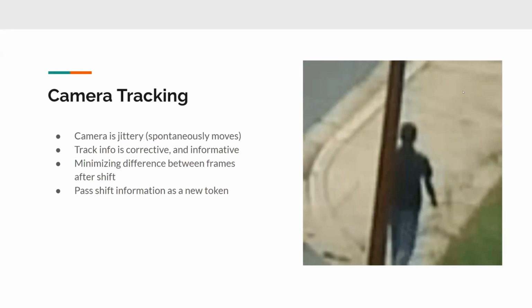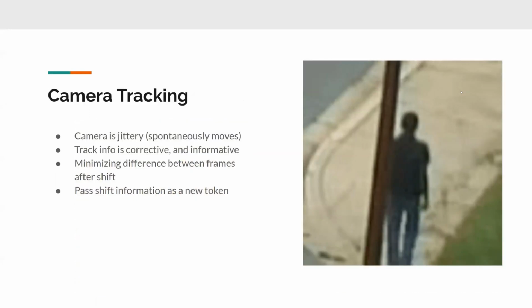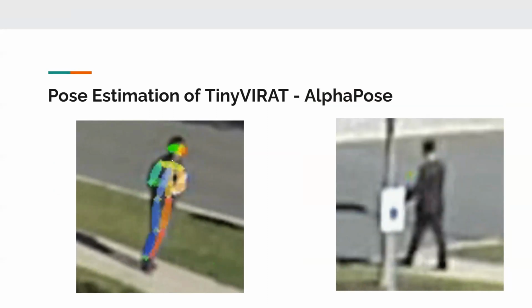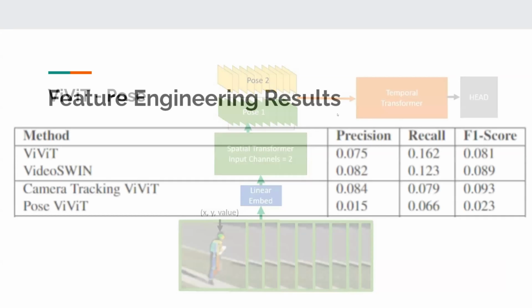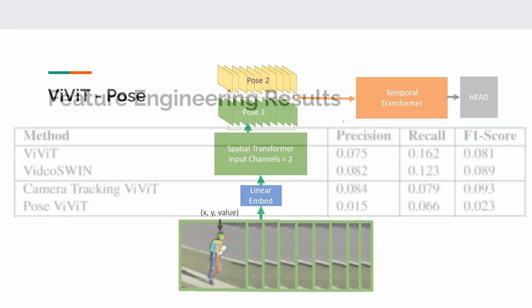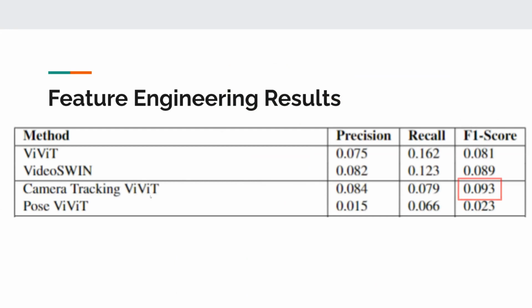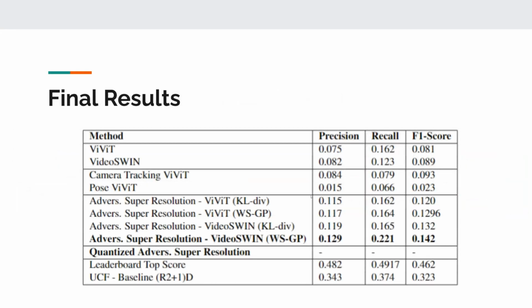Okay. Well, then in short, we tried camera tracking methods, and we also tried pose tracking methods. The pose tracking was done through a separate ViT-based transformer with multiple poses if there are multiple actors in the scene. The camera tracking gave us a slight improvement, which is great. The pose tracking on its own didn't have enough information to give us significant results, but they are there. So this could be a good enhancement to existing methods. So overall, the best method is still the adversarial. And with that, I'll pass it on to Sanjay.